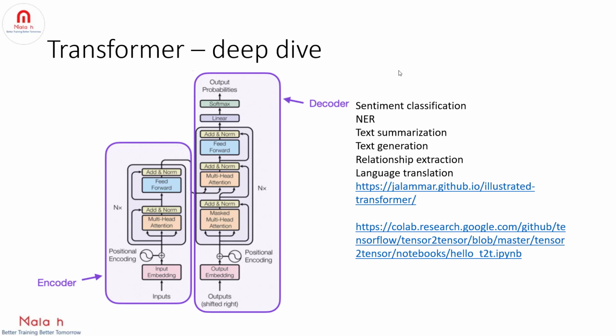NLP is a computer science field that enables computers to understand and use human language. NLP has many applications. For example, let's consider sentiment classification. This is a supervised problem, and in sentiment classification we will pass the input to the model. That is, you have a bunch of text and you want to classify that text into groups, and predict whether it is a positive sentiment or negative sentiment, and you know the actual value,